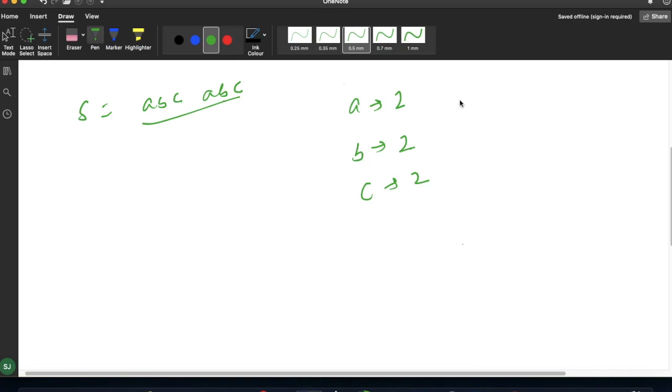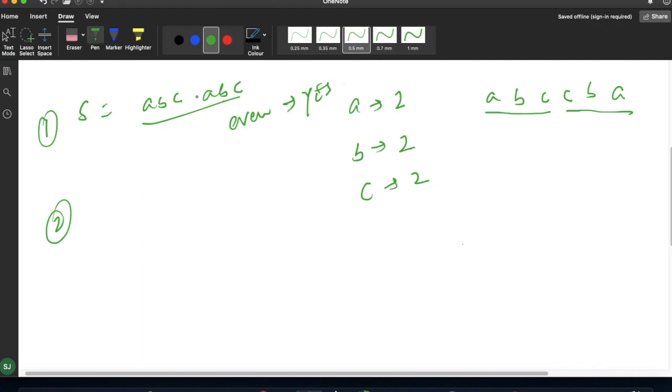If I arrange this string as A, B, B, C and C, you can see this is a palindrome. So the very first test case is: if all the occurrences of my characters are even, then we can simply make it a palindrome.